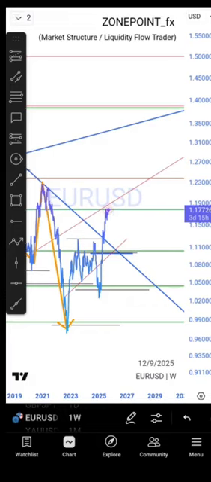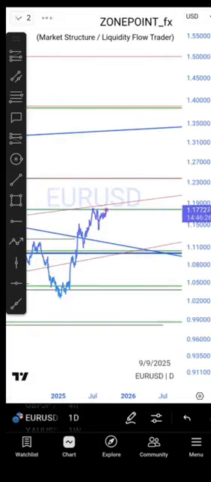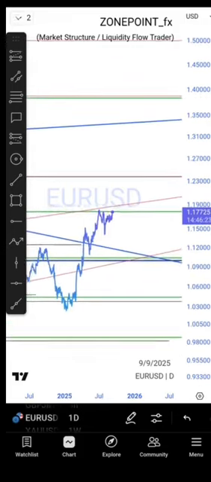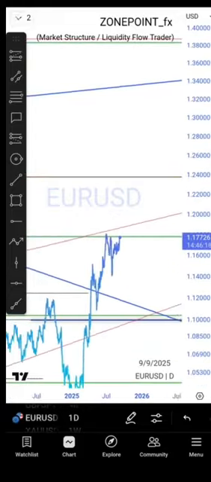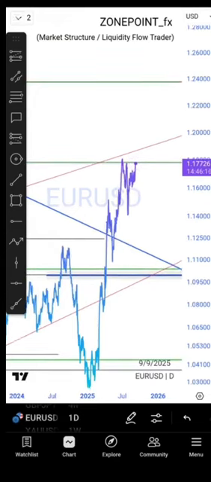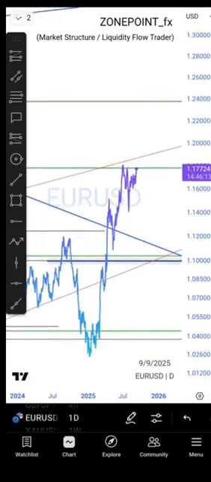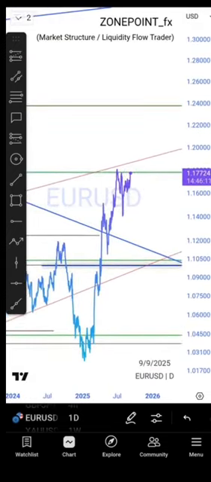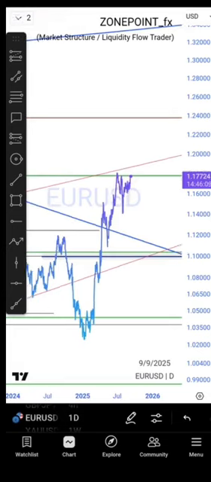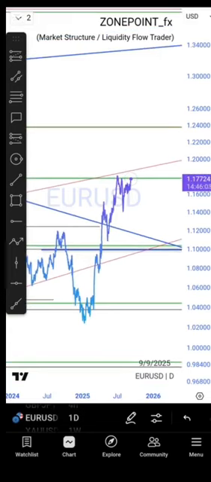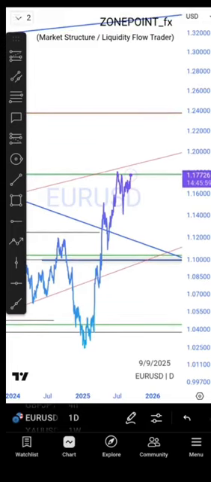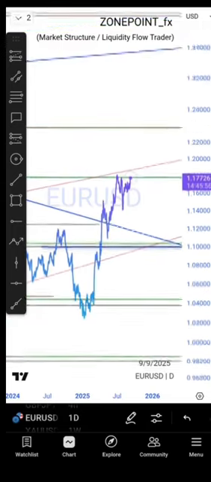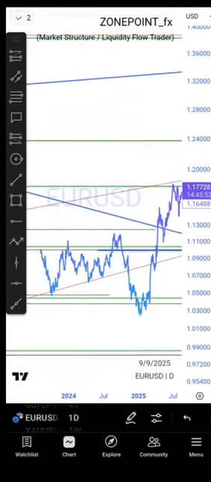Hope it's making sense. So now let's go to daily. Now that we get to daily, you can see what I'm saying. On daily we can zoom in. On daily we don't need too much noise. You can see daily is giving us another view entirely. The view that this daily is giving us is, when we zoom in,